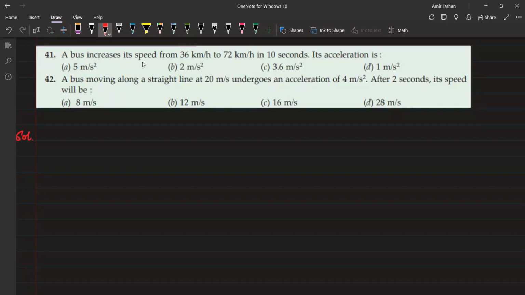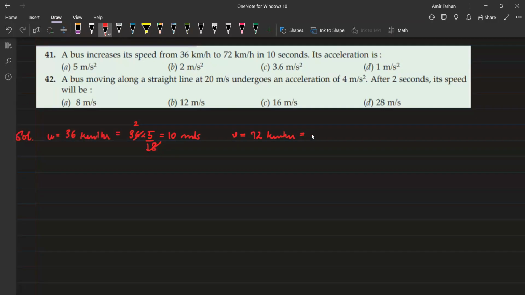So the question is saying a bus has increased its velocity from 36 kilometer per hour to 72 kilometer per hour. So u is 36. That is 36 into 5 by 18. That is 2 times cancelled, so that is coming out to be 10 meter per second. v is 72